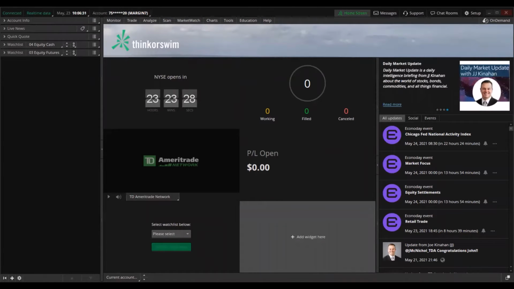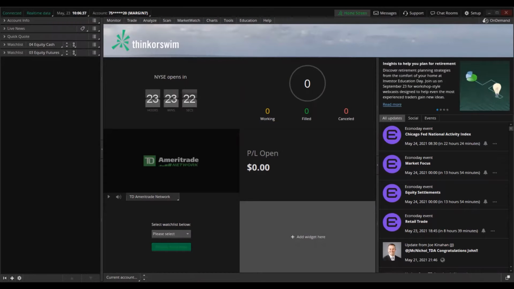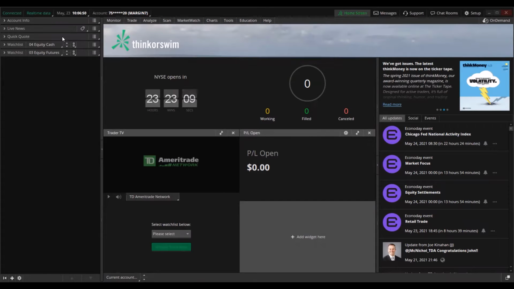Sunday, May 23rd. Looking at the desktop trading platform called Thinkorswim. They offer a web browser and an app, but this is the desktop trading platform. It requires being downloaded and installed on your computer. We're looking here at the home screen, and on the left tab,